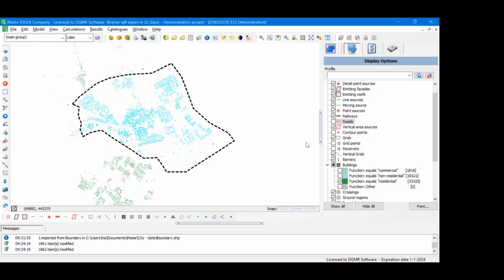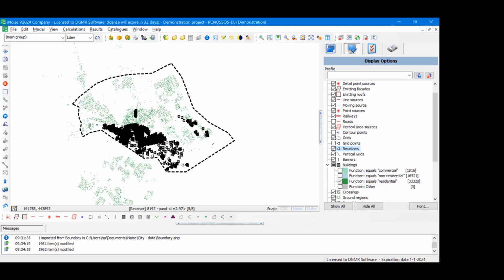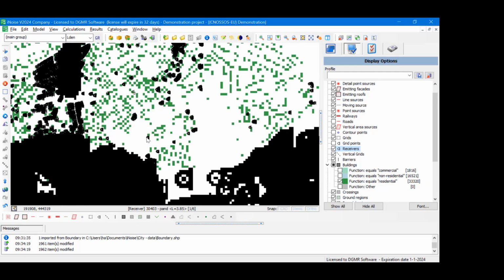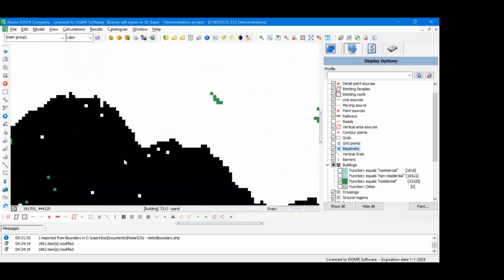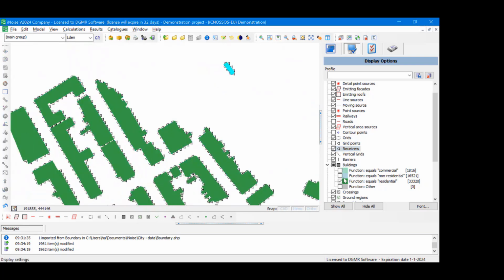Yep, receivers are done. Let me see, I did not toggle the display option for the receivers. So now I activate the display of the receivers. They become a little bit black, because of course there are many receivers. So now I zoom in. Here you see all the receivers, and now I also switch on the other types of